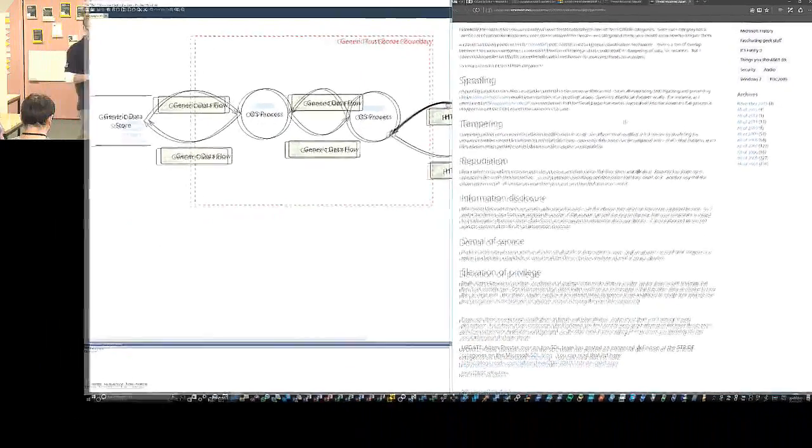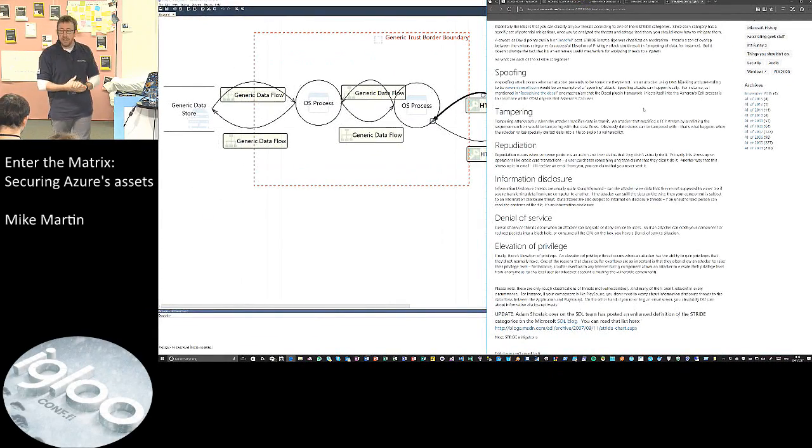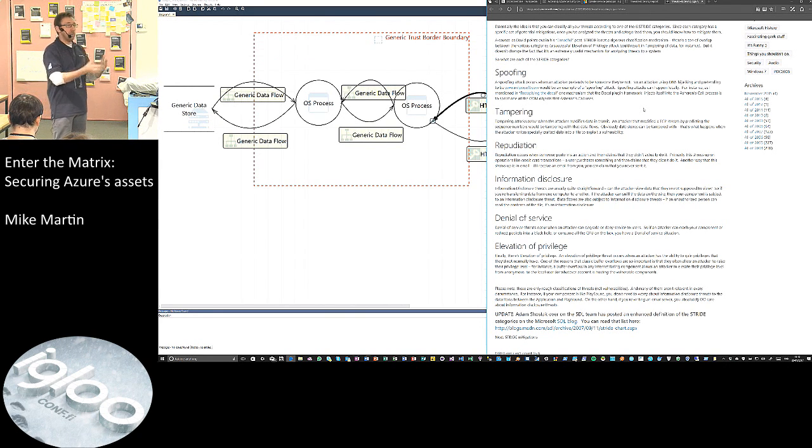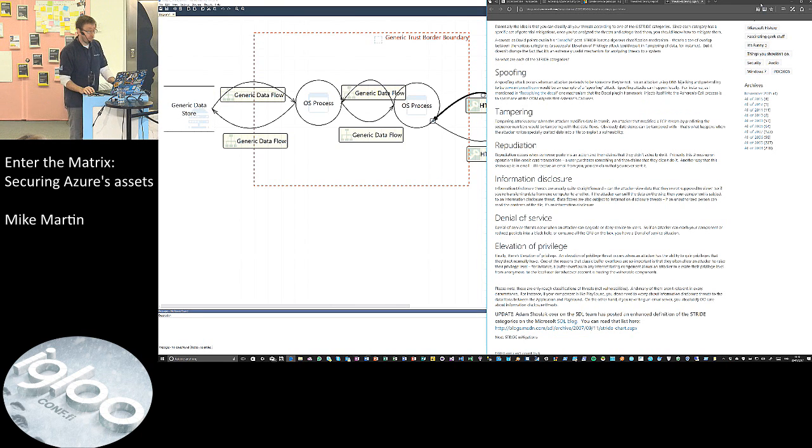So this can be found, I will put the links at the end of my slide deck so you can download it, at microsoft.com/security/SDL, where you can immediately find all the information on how this works, and also the way you can use that in your applications. So that's a good thing. All right, so I hope I've already taught you something today which was worthwhile knowing.